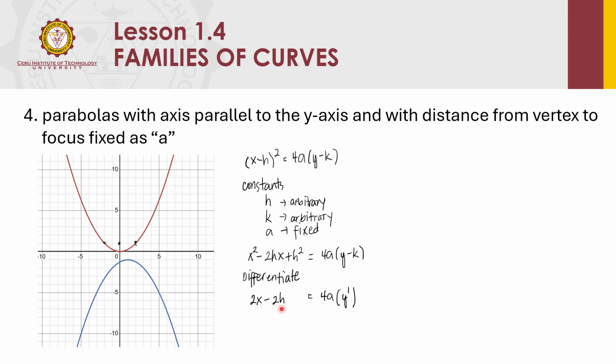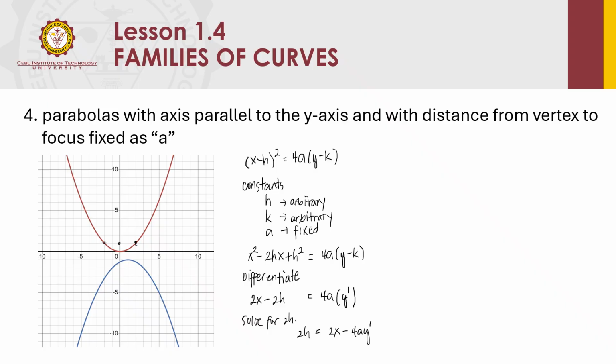So we have only one term containing h. Compared to the previous example, isolating it and differentiating would be easier for this part here. So solving for h, or 2h, since if we're going to differentiate, 2h or h would yield the same derivative, which is 0. So just solve for 2h instead. So that's 2h equals 2x minus 4a y prime.